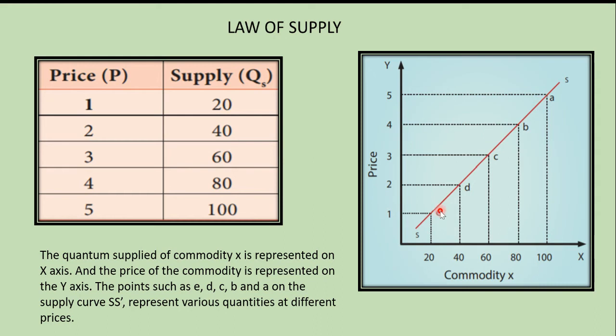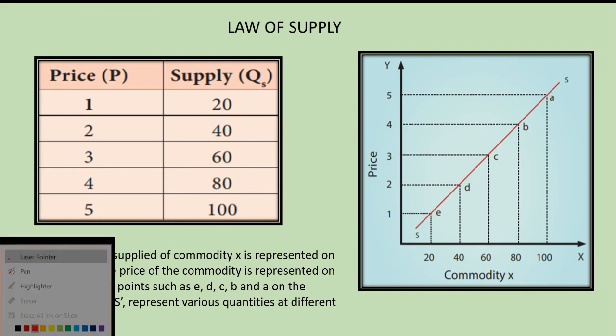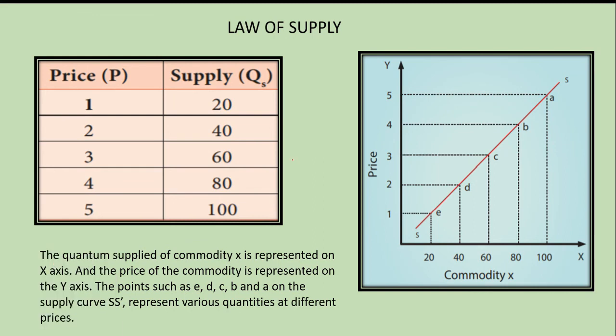So supply curve slopes upwards. Demand curve பத்தி படிக்கும்போது என்ன படிச்சோம்? Demand curve slopes downwards. It is a negative slope. Supply curve slopes upwards from the left to the right. Demand curve slopes downwards from the left to the right. அங்க வந்து downwards, இங்க வந்து upwards. அங்கேயும் left to right, இங்கேயும் left to right. இது positive slope. அங்க negative slope. Positiveனா கீழ இருந்து மேலே ஏறிச்சுனா that is called as positive slope. Demand curve slopes downwards from the left to the right. That is called as negative slope.